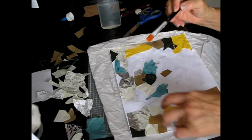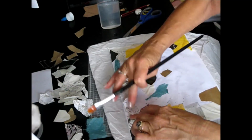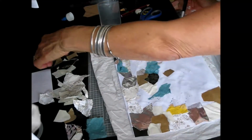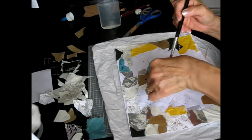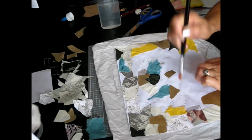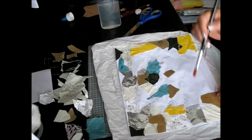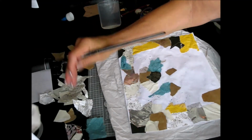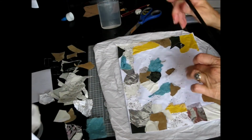Got to keep the glue kind of wet. So just put that on there. And it's really a matter of what pleases you. You don't have to do anything that isn't what you want to do when it comes to this stuff, which is really cool. And the different uses that I'm planning for these particular pieces is I want to make some